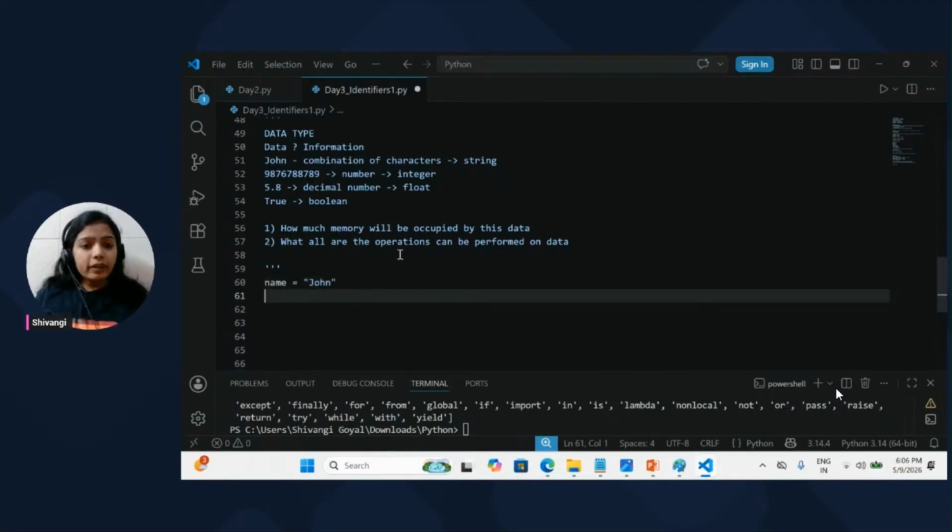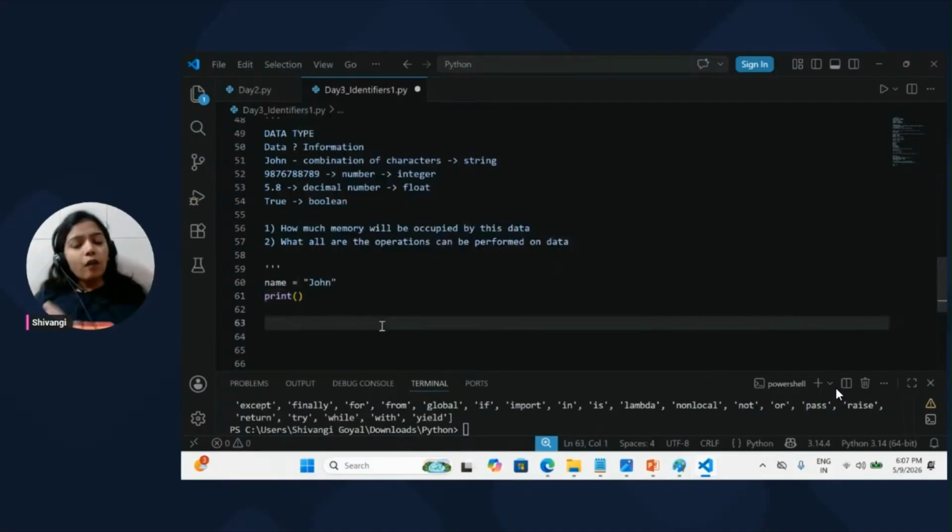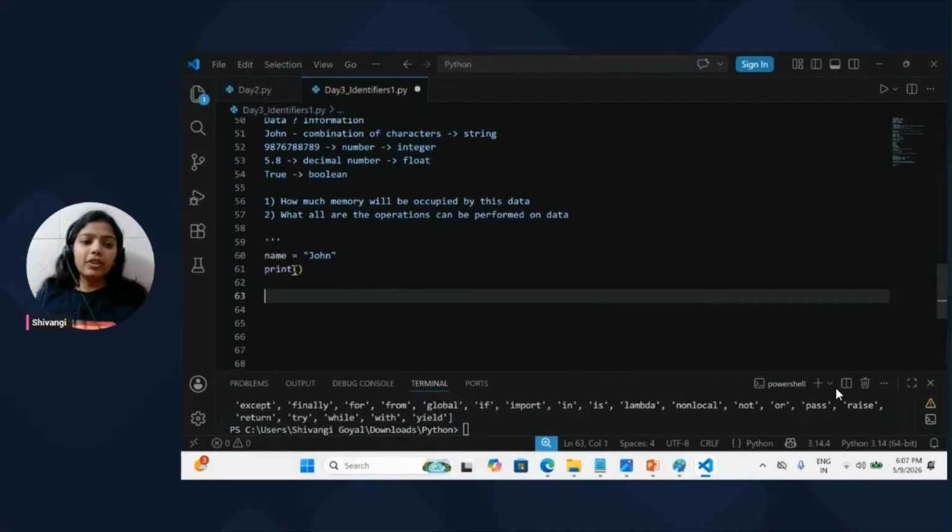How to get the data type of this variable? Python is saying, don't worry, user. I do have a function to check the data type of this particular data, like how we had a function to get the address of this data. What was the function to get the address of a data? The id function. Same, to get the data type of the data, you have a function called the type function in